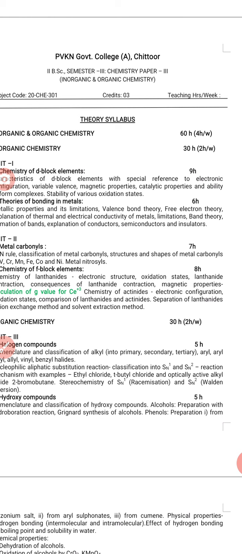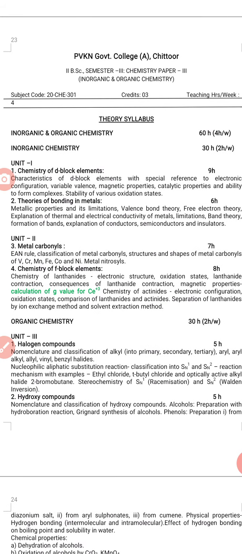Today we will start the third semester chemistry paper. This paper contains inorganic and organic chemistry. This syllabus overall contains 5 units: 2 units from inorganic chemistry and 3 units from organic chemistry. So today we will discuss the outline of our syllabus. Okay,